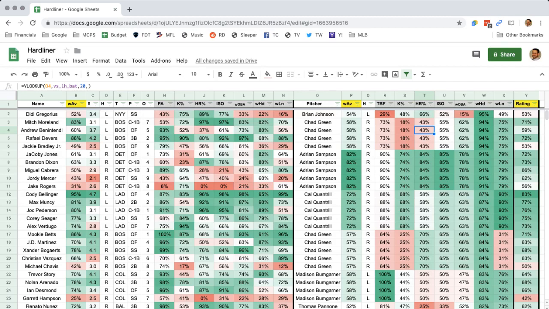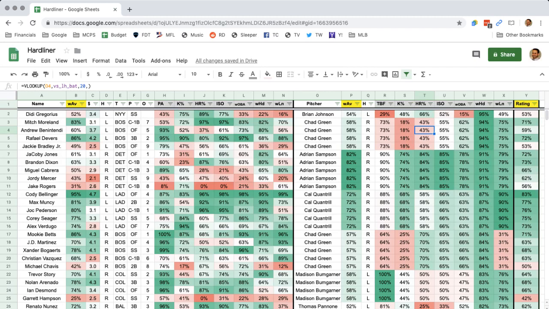And I think that the weighted line indicates that, the high floor and the ability to hit for contact, minimize strikeouts, hit line drives. And I think that's one of the key points, the line drives, because it's nice when a batter doesn't strike out a lot. It's nice when they hit for high contact. However, we don't want them just hitting ground balls. We want line drives. So that's weighted line.